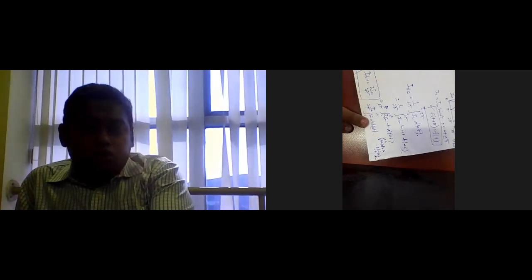Is it clear? Actually the result is IDC equal to 2 Im by pi. Im is the maximum amplitude present in the secondary side of the rectifier. Here it is minus cos of omega t. If you substitute the upper limit, minus cos of pi is minus minus, plus 1, and minus cos 0 is minus 1, so 1 plus 1, that is 2 Im by pi. So this is the result of the IDC, the DC load current.